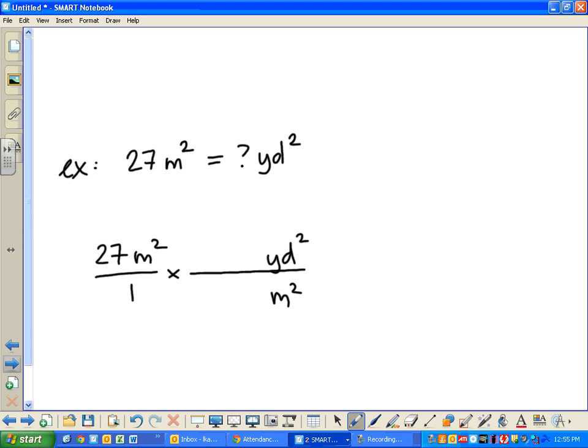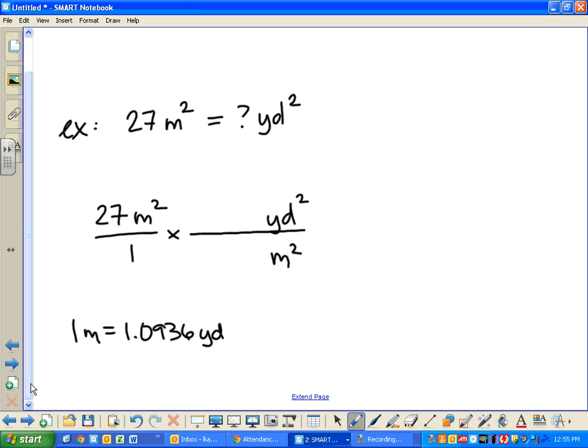On the paper, it says that 1 meter equals 1.0936 yards. Those are not the numbers, however, that I'm going to put into my problem, because I want meters squared and yards squared. You have to think of it as, if you have 1 meter by 1 meter, that's a meter squared. It'd be the same thing for a yard, but for 1 meter it would be 1.0936 yards by 1.0936 yards. To find the area for that second box, you would need to multiply them or square it, because it's the same. So 1.0936 squared is